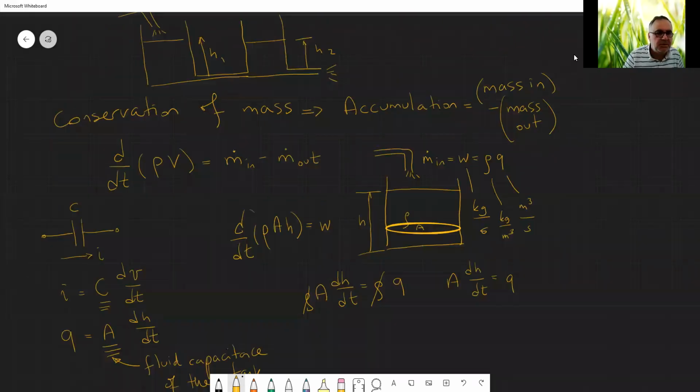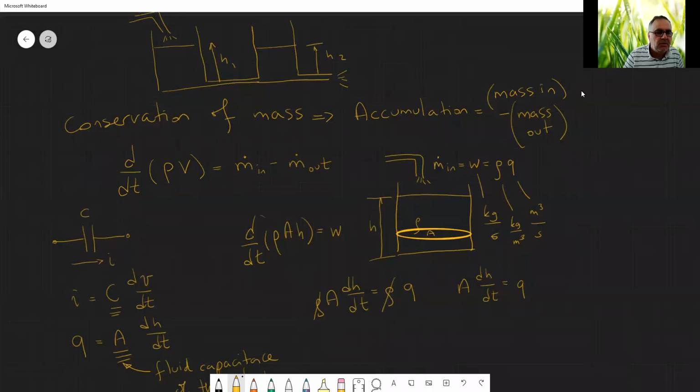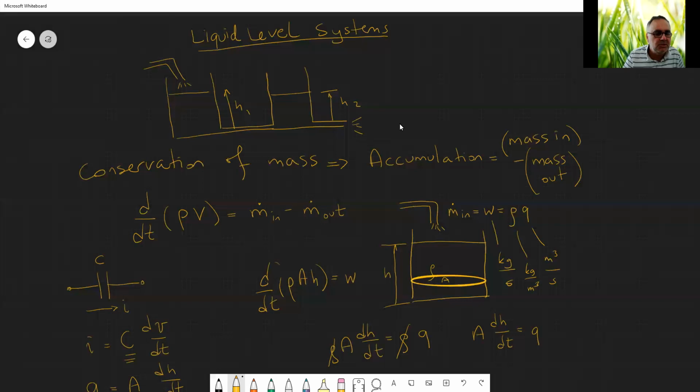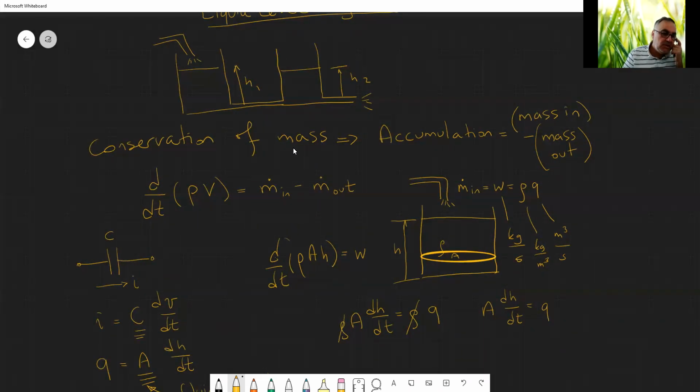Okay, so let's make a very short review. We are talking about liquid level systems in which we have tanks with different heights, and there are flows in and out of the tanks. Our main equation is the conservation of mass, which says that accumulation is equal to mass in minus mass out, which can be written mathematically. The time rate of change of mass in the tank is equal to the rate of mass in minus the rate